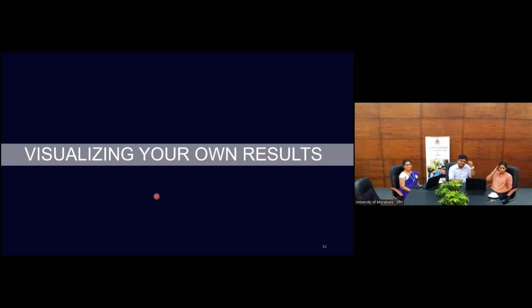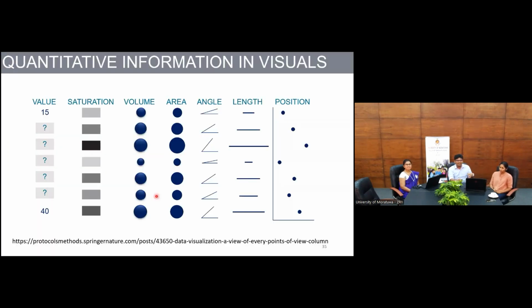Actually, we think that it's time that we move on with what we have discussed. So here you have a similar kind of narrative where you have value, saturation, volume, area, and angle. How different types of visualization will be perceived by your brain, and of course, you can imagine what would be the story behind this. You can look at the value 15, which gives you a saturation, volume, area, and angle like this. So the 30 gives you this.